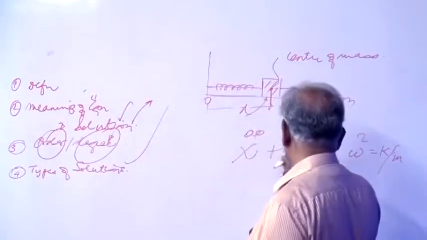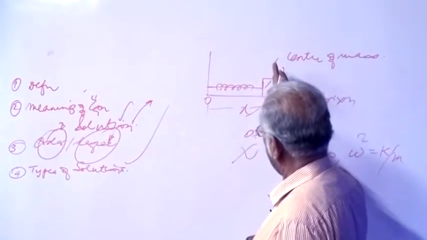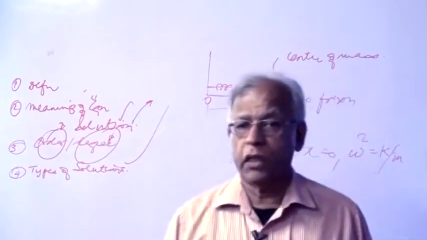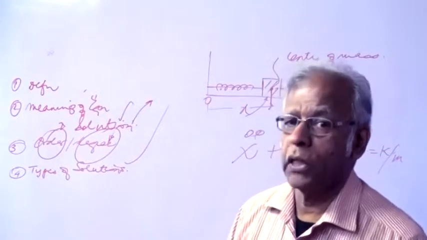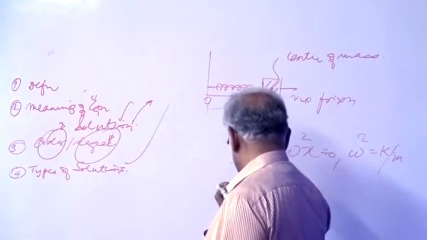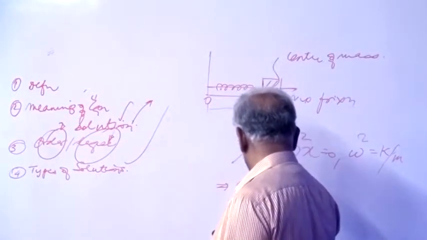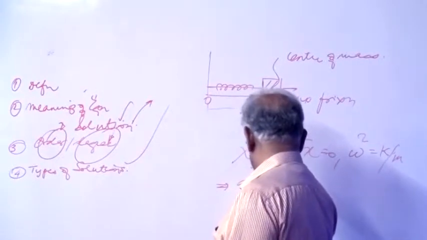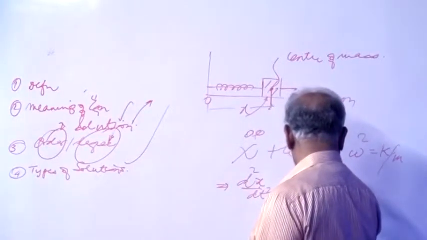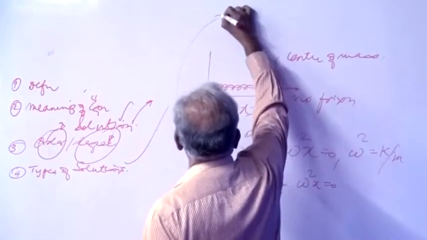So x double dot plus omega square x is equal to 0, and the block will go backward and forwards, and actually these oscillations, unless there are external damping forces, are supposed to go on till doomsday. That means they will never stop. So this is another way of writing d2x/dt2 plus omega square x is equal to 0, of which we know that a solution is given by